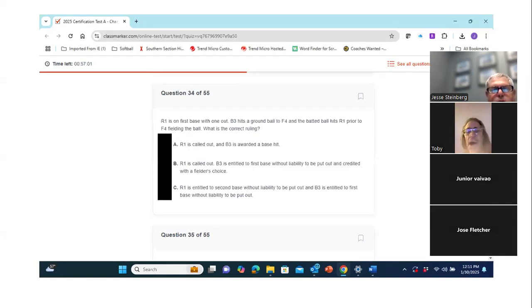Okay, question 34. R1 is on first base with 1 out. B3 hits a ground ball to F4 and the batted ball hits R1 prior to F4 fielding the ball. What is the correct ruling? I will tell you this is a rule change this year.